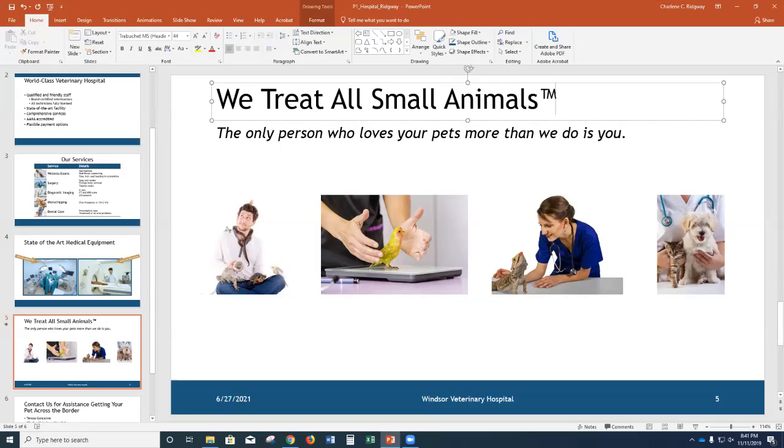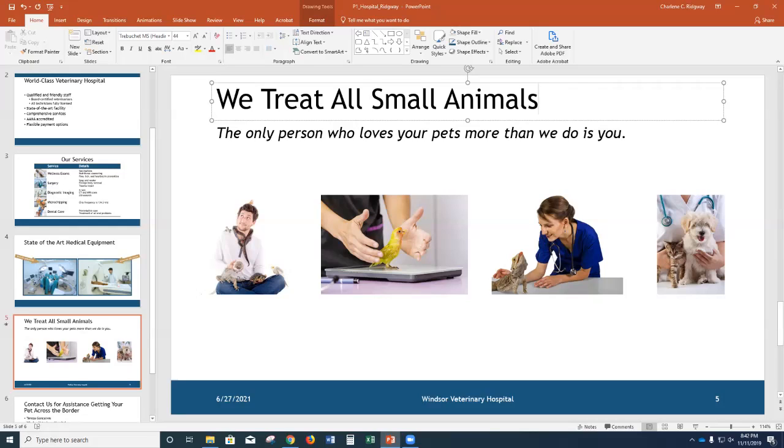Okay, so the text TM in parentheses changes to the trademark symbol, which is above TM, showing TM. Teresa points out that the trademark symbol should appear after the slogan, not after the slide title. Well, I was kind of wondering what was going on here. So now we're going to press the backspace key. The symbol changes to the characters you typed, and then I press the backspace key 4 times to delete the